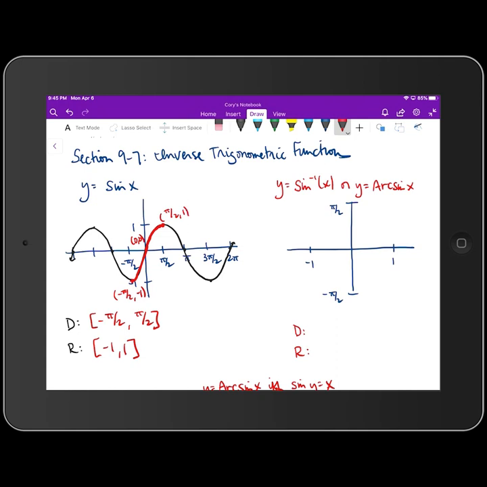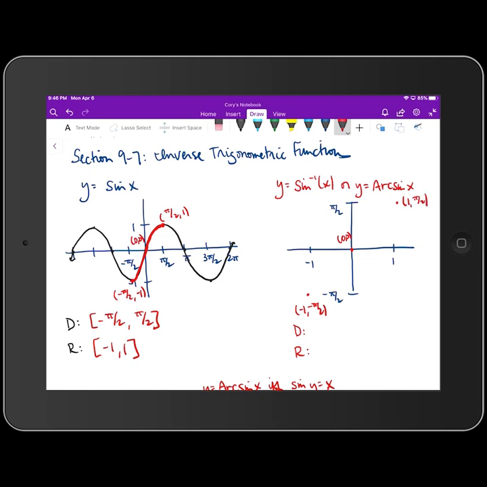If we take those 3 points and we want to find the corresponding points on the graph of the inverse function, all we have to do is take those 3 points and interchange the x and y coordinates of those 3 points. So when we switch the x and y coordinates of those 3 points, we're going to get the ordered pair negative 1, negative pi over 2. For the second point, when we switch the x and y coordinates, we get the ordered pair 0, 0. And then for the third point, when we switch the x and y coordinates of that point, we get the ordered pair 1,